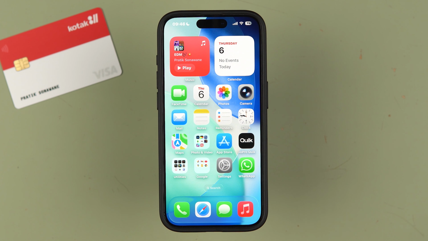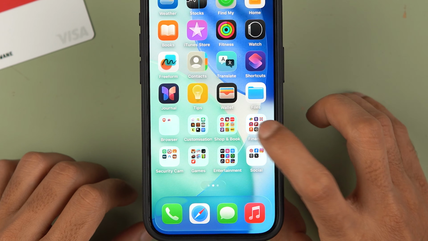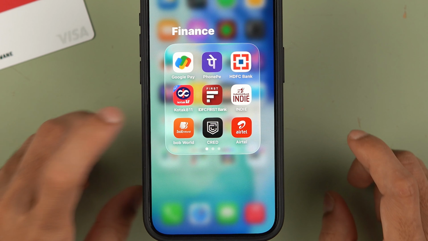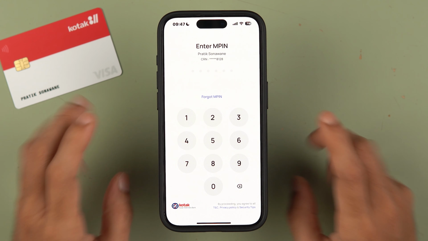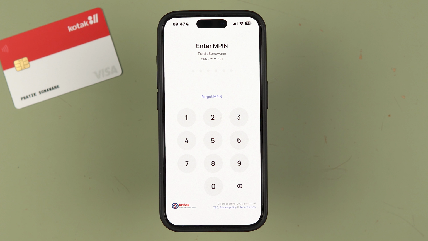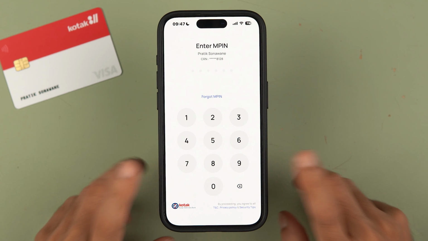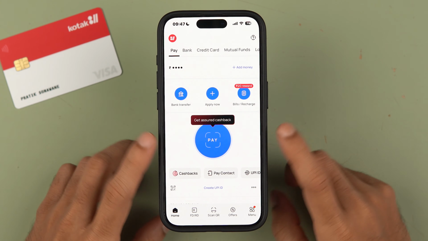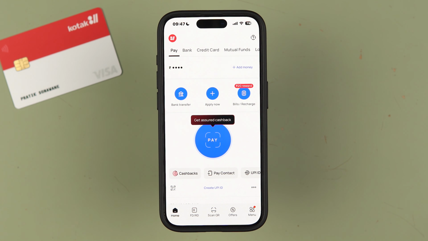Let's start the video. Now the very first thing you have to do is simply open the Kotak 811 app on your mobile phone and complete the login process. It doesn't matter if you're using an iPhone or an Android phone, the process is going to be the same. Now once the application has completely started, this is the kind of basic interface you will be able to see